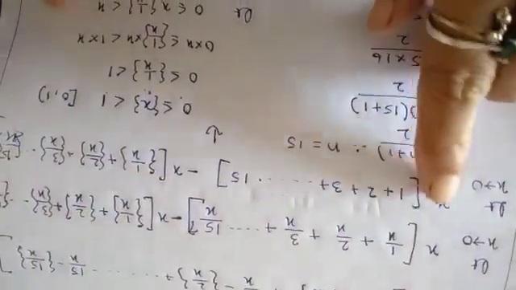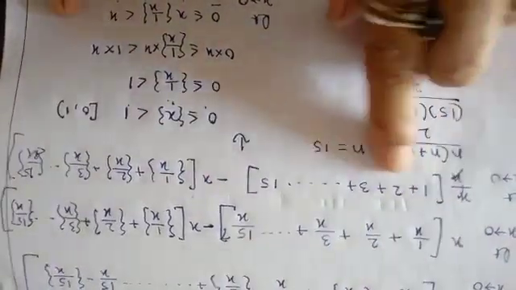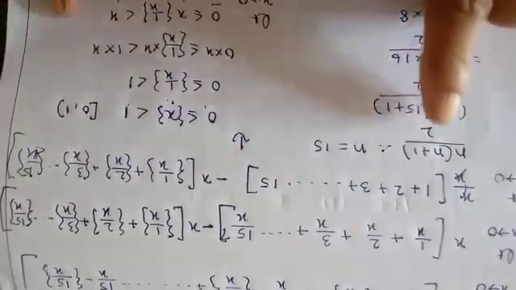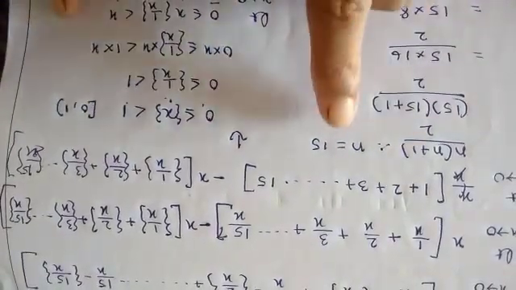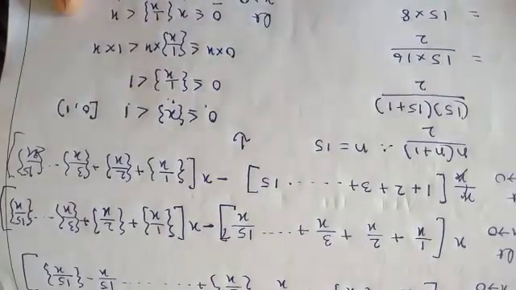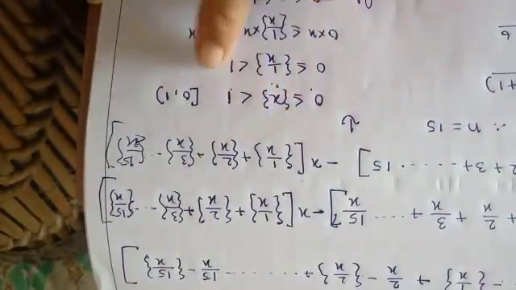So let me explain it once more. See, this part you know very well. x gets cancelled with the x, so we don't have any variable over here. This term is only a constant, so we can't apply the limit. We just solve it algebraically. That is, the sum of the natural numbers is n into n plus 1 upon 2, where n is equal to 15. So I got the answer 120 over here. Now my remaining fractional part is there, that is x, 1 upon x, 2 upon x, and up to this one.